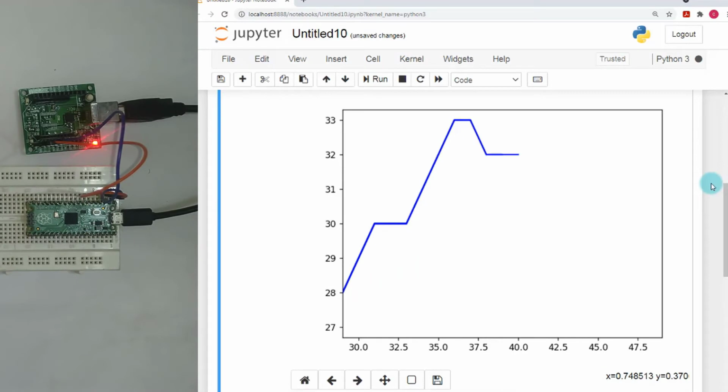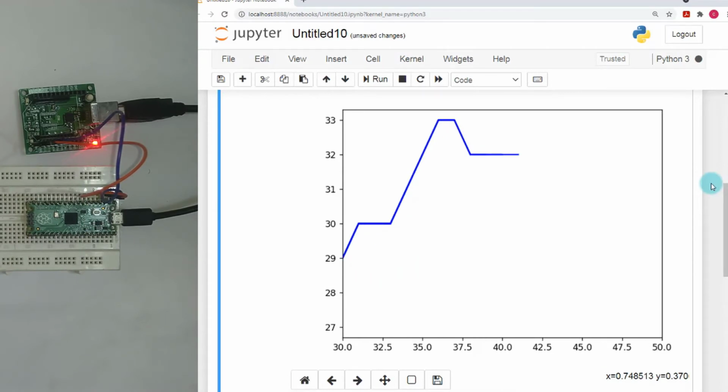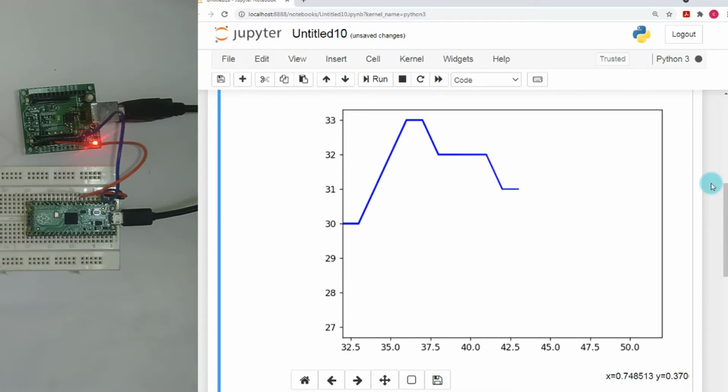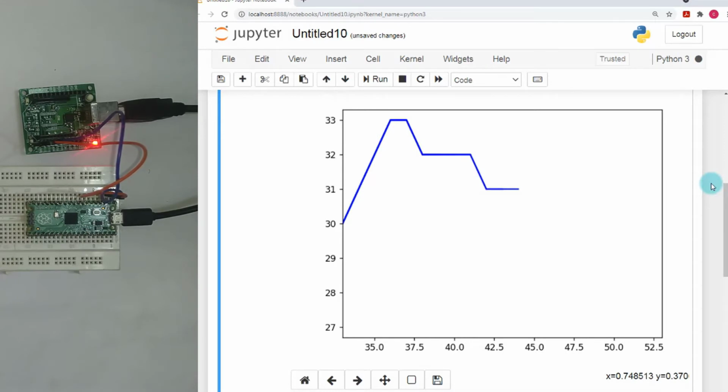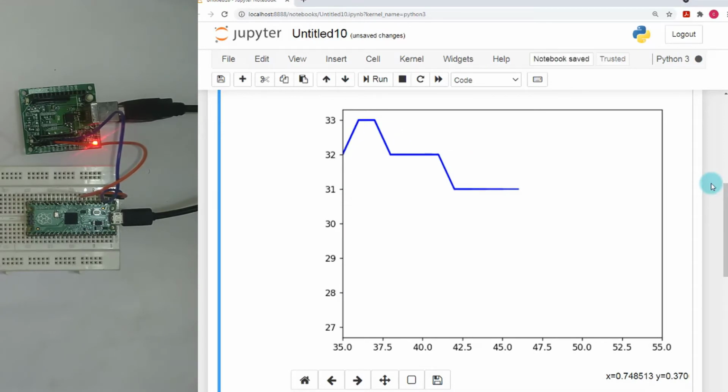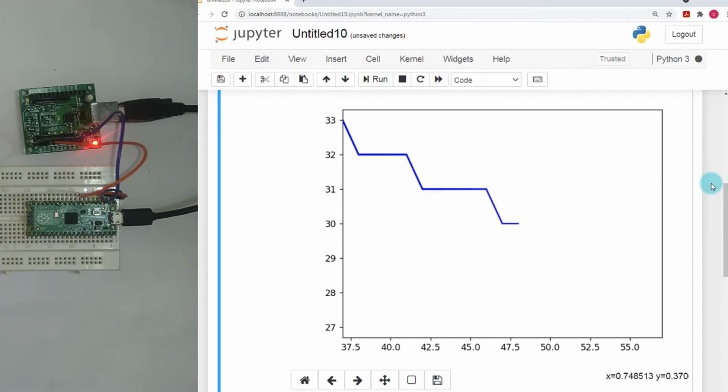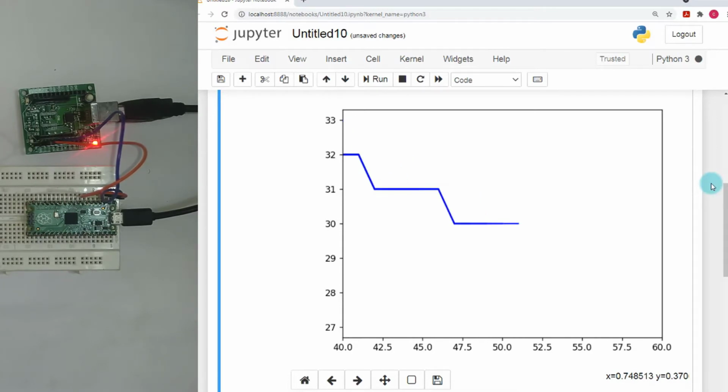And of course there is a delay of 1 second between the real acquisition of the data and the transmitting, because in the MicroPython script we are using some time delays. And now as you can see the temperature is falling continuously. So this is the real-time data plot, and now let us look at the MicroPython script.